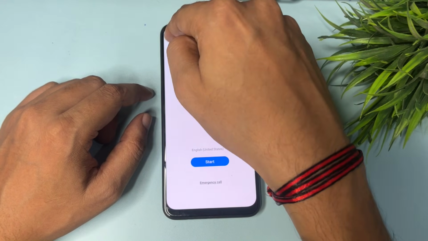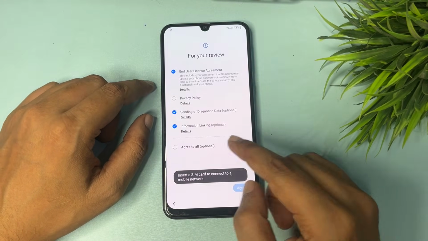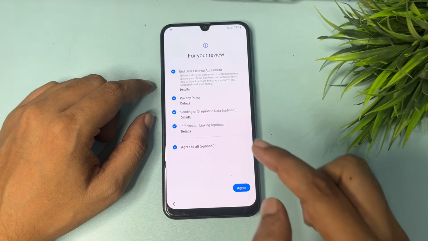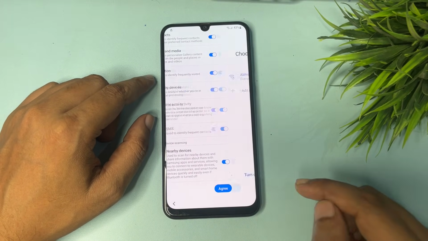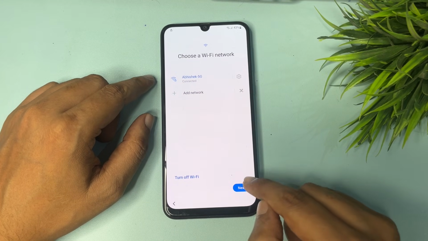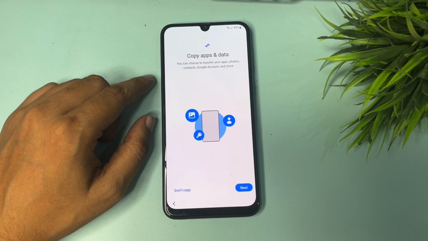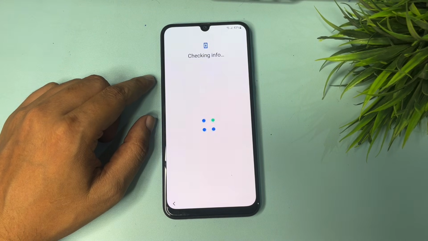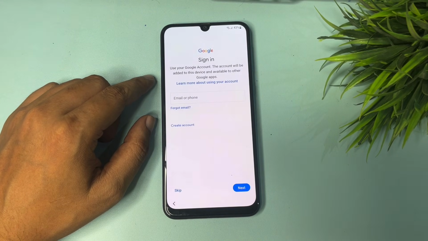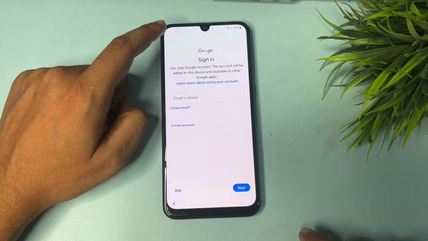So right now you're getting the lock option here. Don't worry, let's check. Are you getting the skip option or not? Go to the agree, more, agree. Now you have to tap on this next option. Choose this don't copy option. So you can see here now you're getting the skip option,